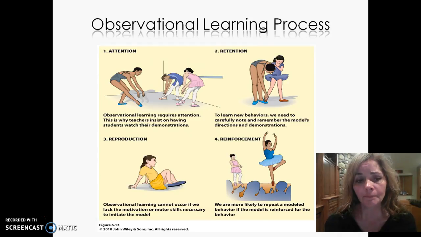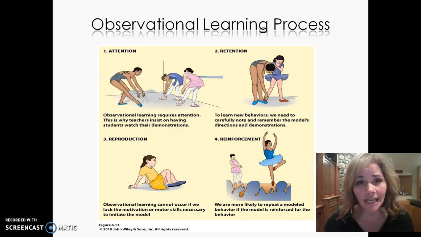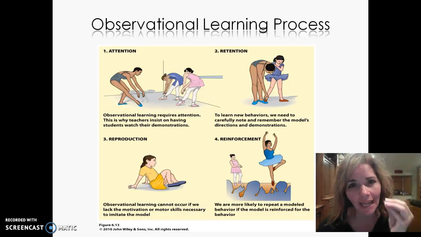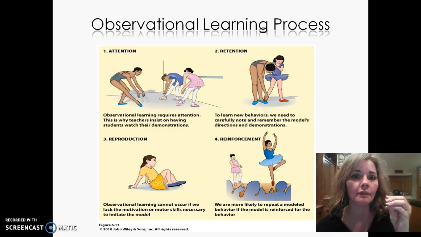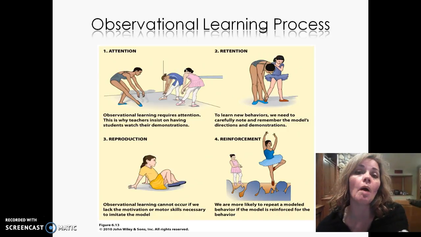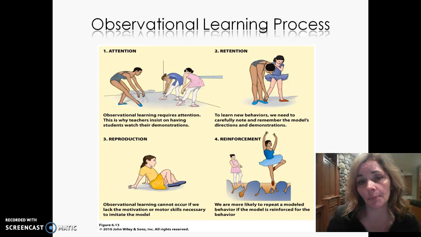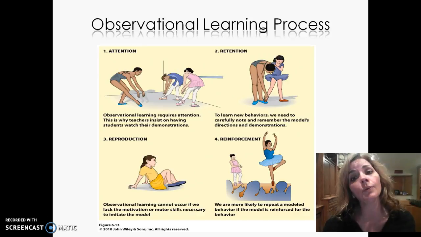Research has supported that. Bandura suggested that we have to go through these steps in order for observational learning to occur. We have to attend to the information or the behavior. So this is where the mental organism process comes in. We have to pay attention to it. We have to have some mental ability to retain and process that information, and to reproduce, model, or imitate that behavior, we need the physical ability or motor skills to reproduce it. And then finally, we're going to reproduce that behavior more often if it's reinforced.